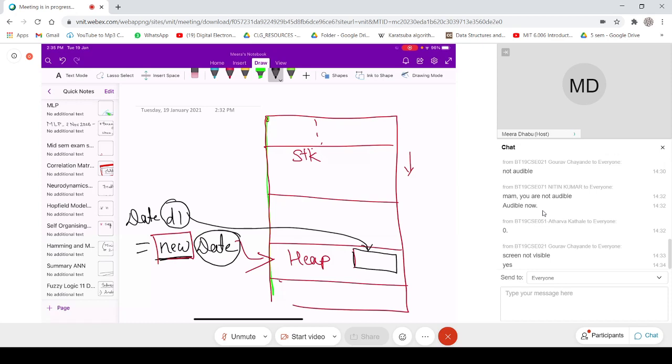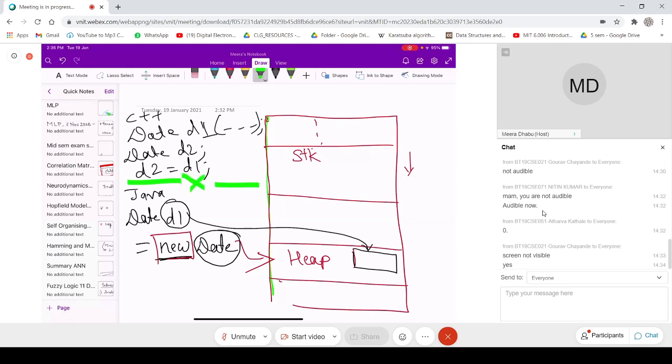Whereas in C++, this is compulsory in Java. You cannot create a user-defined data type object without using new. It's a compulsion over there in Java. But in C++, I said Date D1, and I initialize it with some value. Then I said Date D2, and I said D2 is equal to D1.